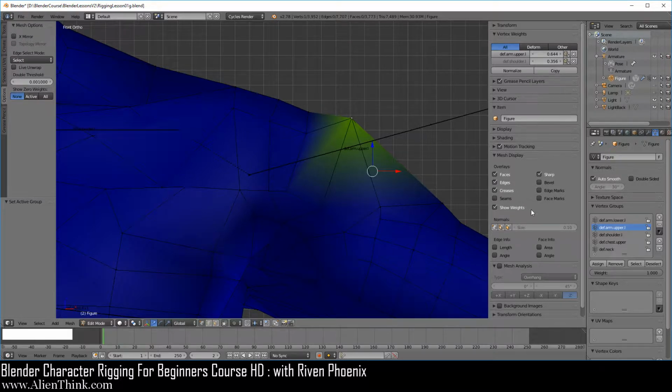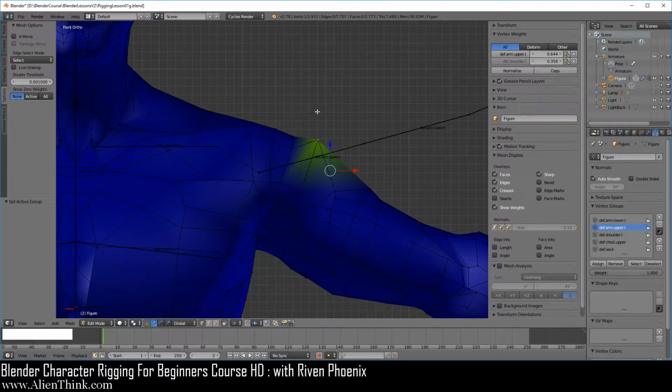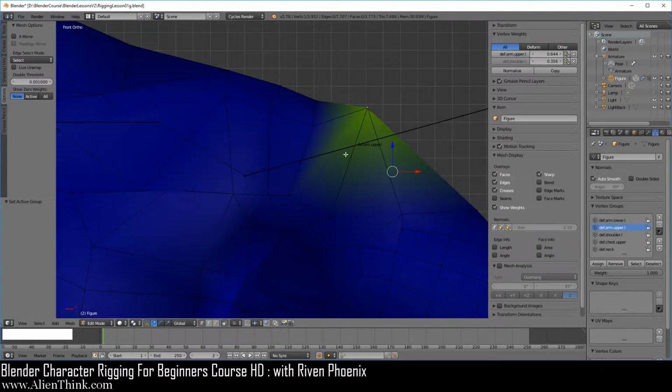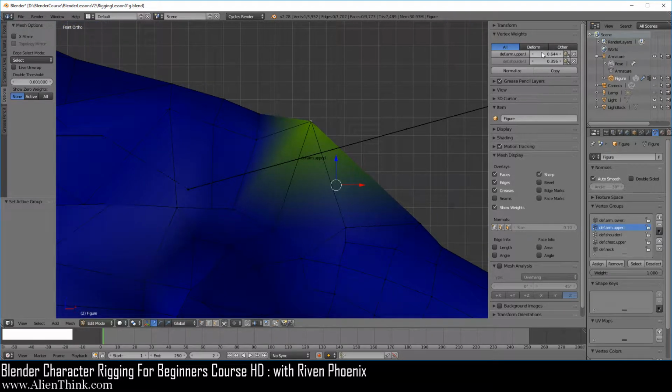Remember, this show weights concept helps you visualize the assigned vertex group to your vertices as to how the numbers are. So to understand this, if you go all the way to 1, it'll just be red. And of course, if you go to around 0.5, it's going to be green. And anything below that will simply go back to all the way to 0. It's basically blue. So you can see that's how these colors are changing.